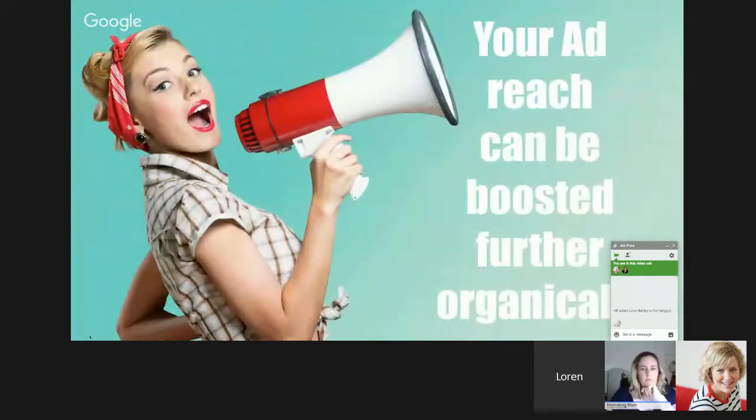And then something else that a lot of people don't realise is that your ad reach can be boosted further organically. So let's say you've done a boost post, for example. That's going to go out into the news feed of the people you've boosted it to. Now, some of those people might engage with that. They might like, comment, and share, and that will generate stories in the news feed far beyond what you're paying for. So quite often a really good strategy is to just put a little bit of money behind a post, so to boost a post, for example, to just give it that kickstart and then let the organic nature of Facebook deliver it further beyond than what you've actually paid for. But you wouldn't have got that if you didn't first pay for it in the first place.